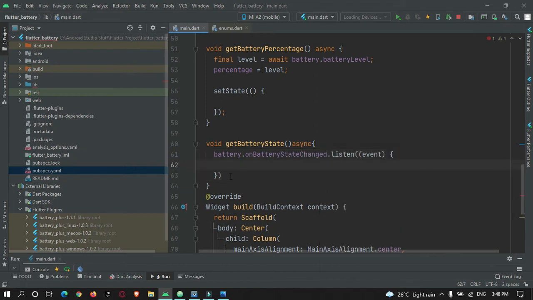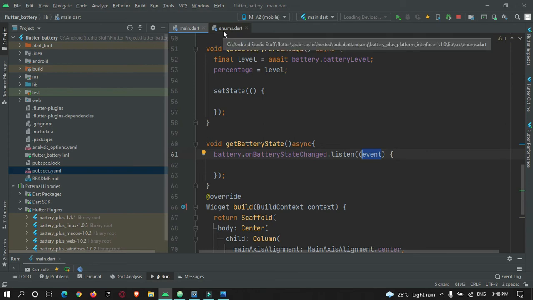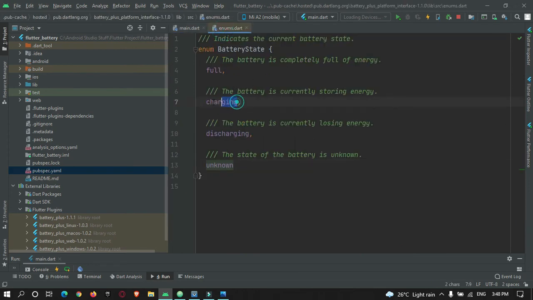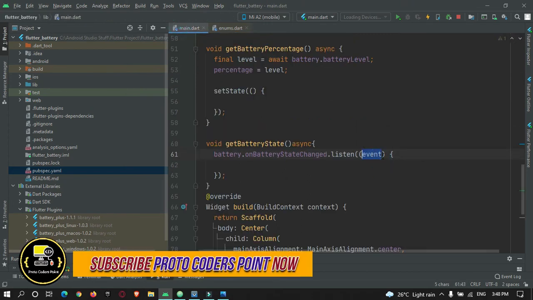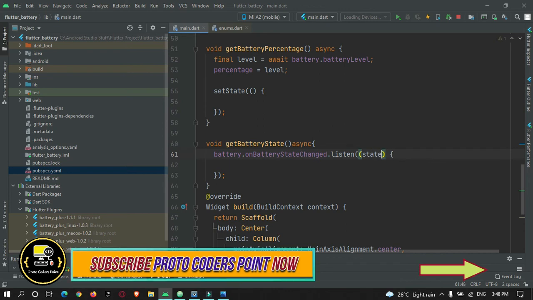And now here this event will have our battery state, meaning if the battery is in charging mode or if it is fully charged or if it is discharged. So let's rename this event to state.